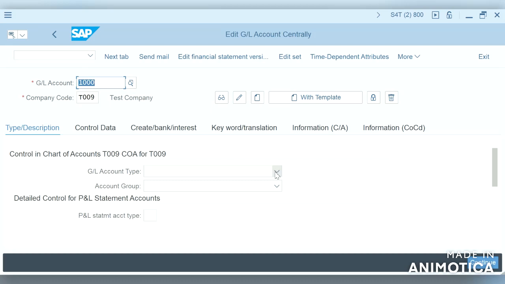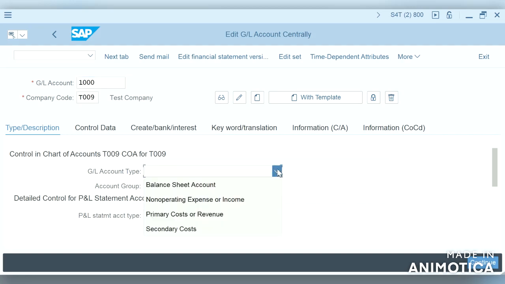The main thing here is chart of accounts. This is chart of accounts section. In this we can see 4 GL account types.